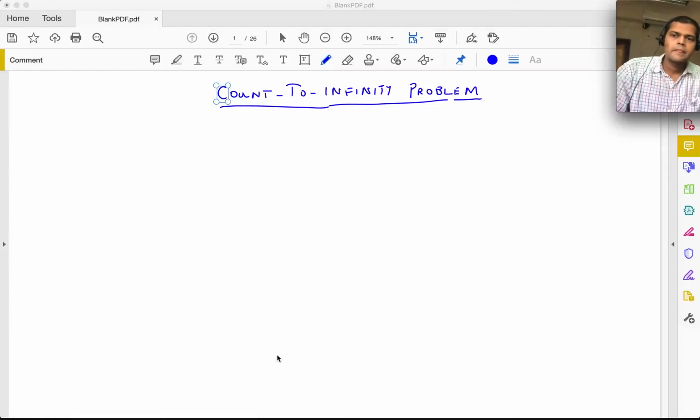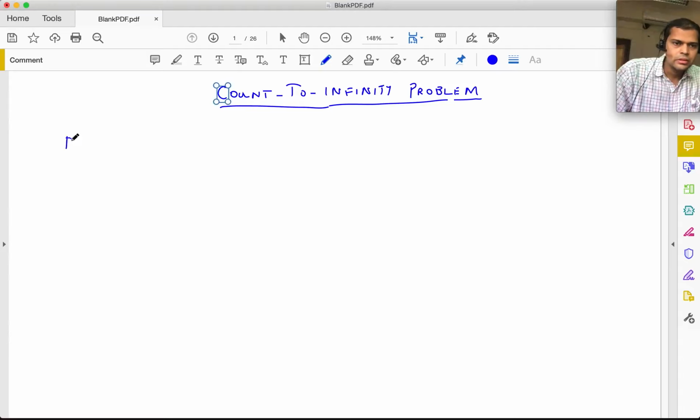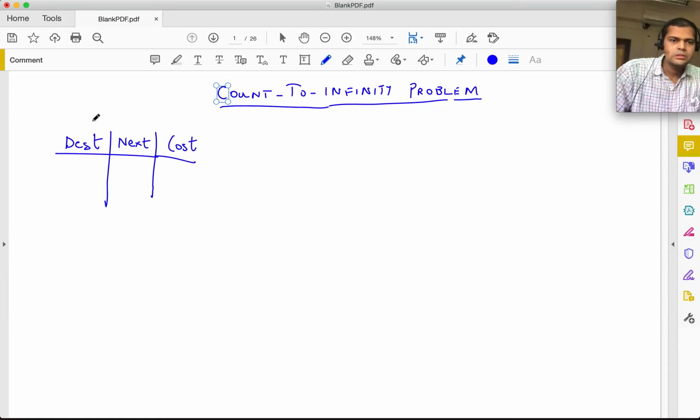Hello everyone. So we will continue our discussion about distance vector routing protocols. And remember, in the distance vector routing protocol, each node tells its neighbors essentially what information is there in its routing table. So the routing table has destination, next hop and cost. And what the distance vector protocol does is it shares these two columns